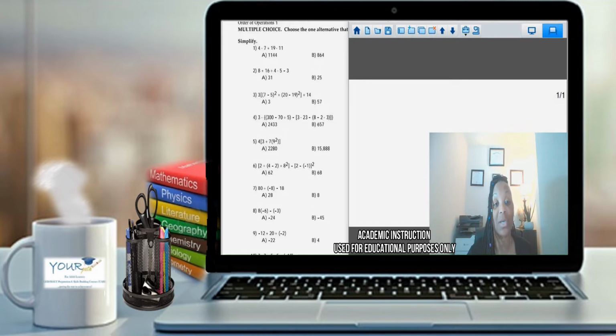So now let's look at problem number 3. I think this one is quite challenging because you have a lot of expressions that you need to address in this particular problem. So now let's look at number 3. So for number 3,